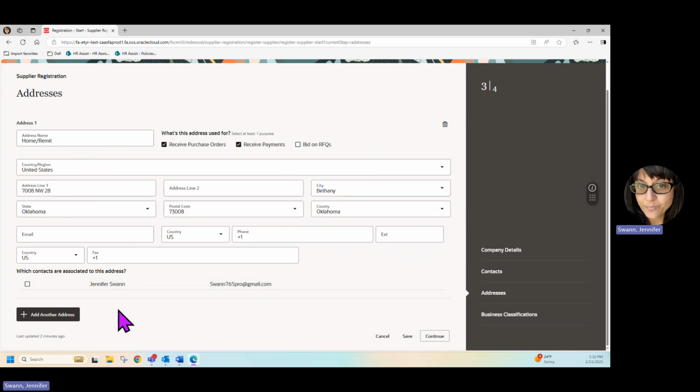And the last little piece I want to draw your attention to is this, which contacts are associated to this address. Now those contacts are what I filled in on the previous section. So if you want to make a relationship between that contact and this address, you will select that box right there. What that means is I'm a one-man shop. I want to make sure all of my contacts are going to